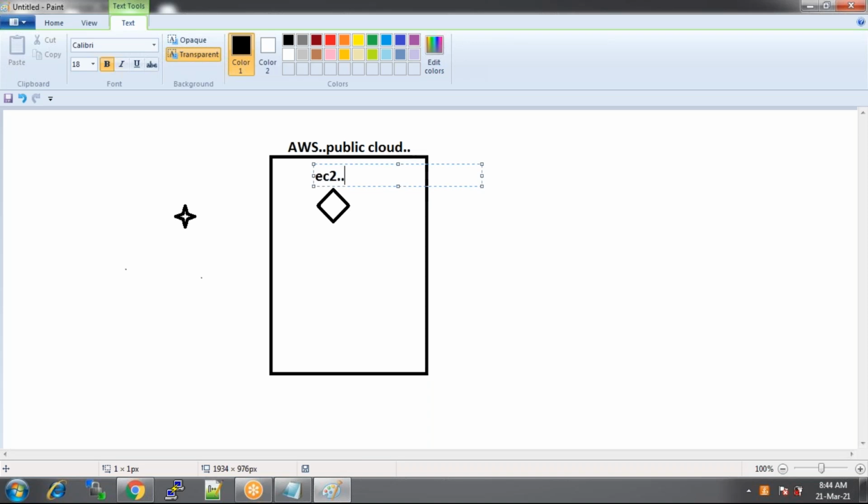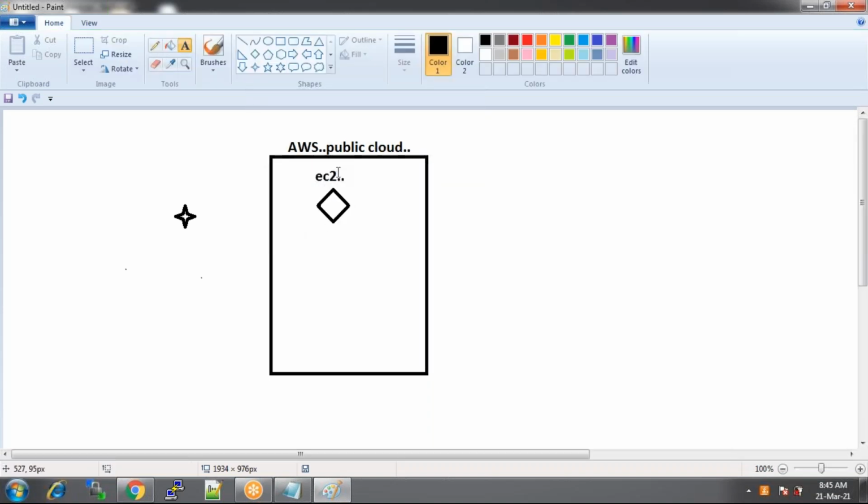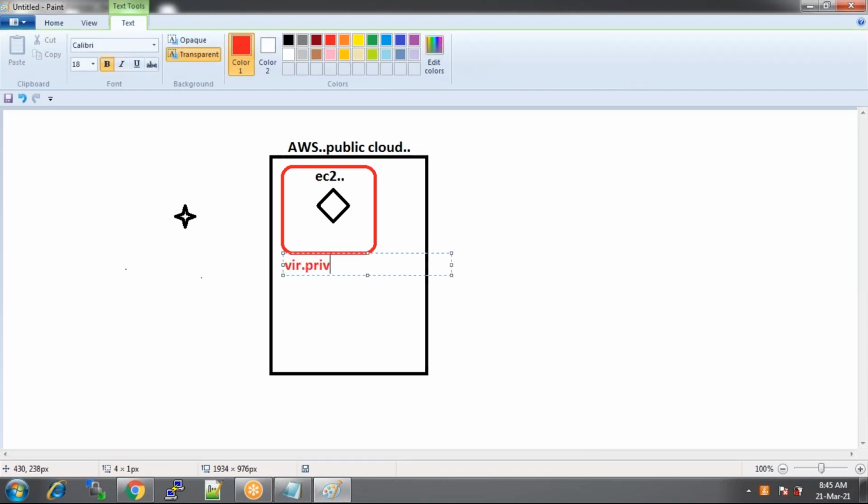Even though you have private keys, even though you set up some security groups, still I don't feel it's secure. I want to provide more security. I want to create a kind of layer. That is what we call a VPC layer, a virtual private cloud. On AWS public cloud, I want to create my own cloud, our own private cloud, so that we can provide more security to the resources.